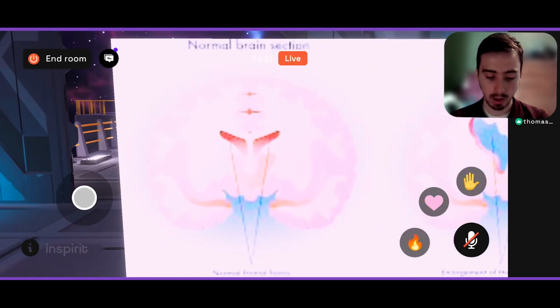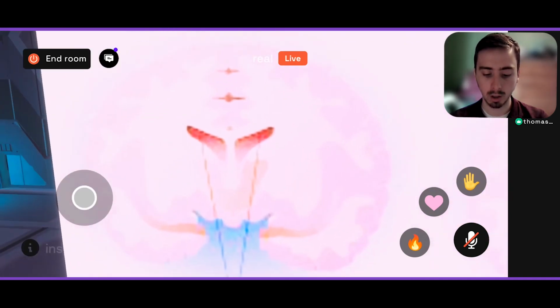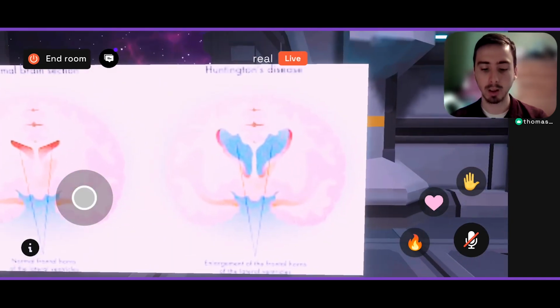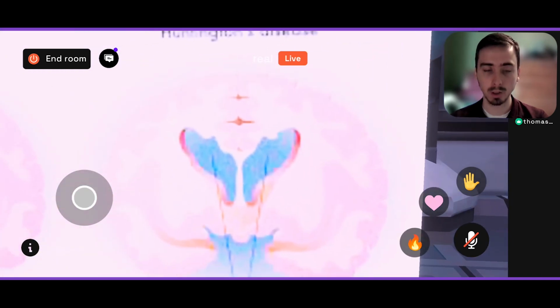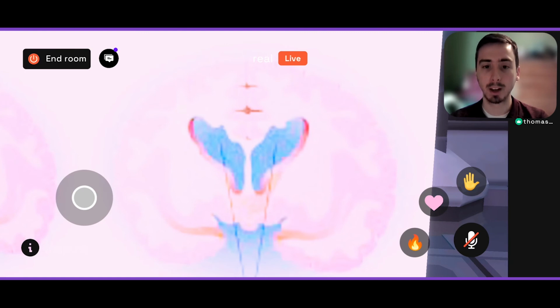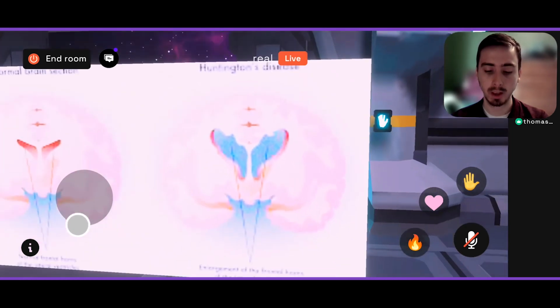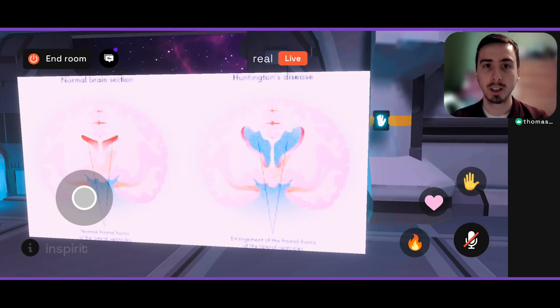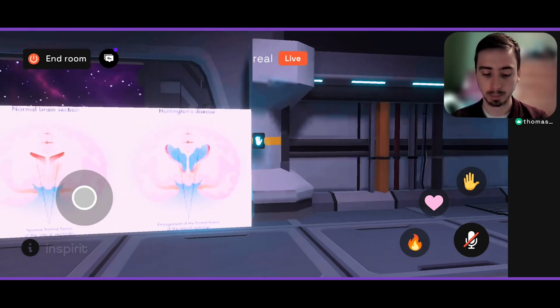And here's a little diagram I have for you. Over here we have a normal brain section. You can see it's nice and full. The brain cells are all there. But then we go over here and you can see these massive holes in the person's brain because the cells start to degenerate and die off. And unfortunately, this impacts, like we said, their speaking and their movement. And it is unfortunate that it is a genetic disease because it's something parents must consider before having children of their own, if they want to take the risk of the children getting that disease as well. It's an unfortunate reality some people face, and the best we can do is support them through the difficult times.